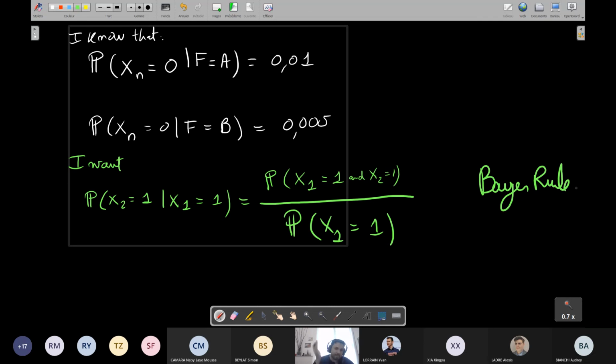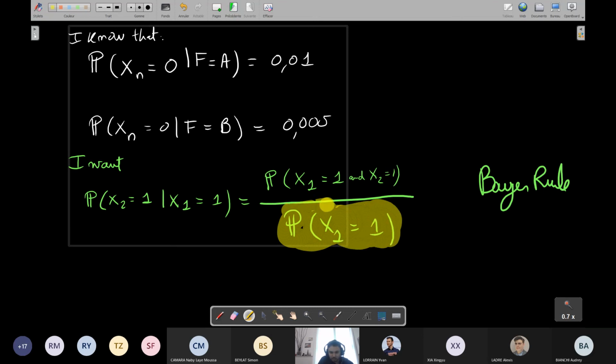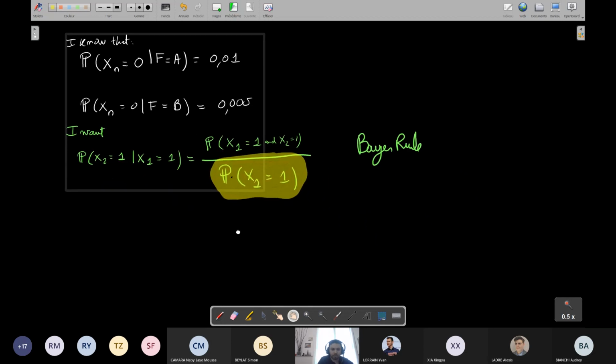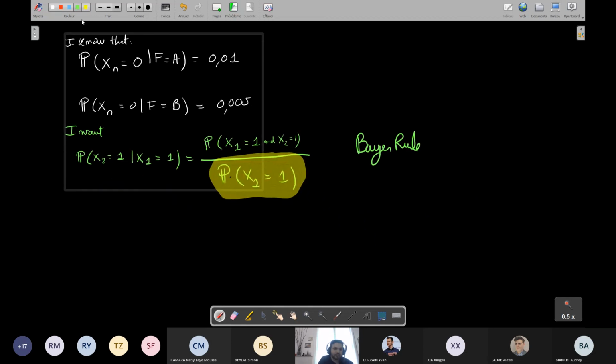Now again, as in the medical example, we have to use the total probability to compute the denominator. How do I compute the probability that the first watch is 1? Well, I use the total probability. That means that the probability that x1 is equal to 1 will be equal to